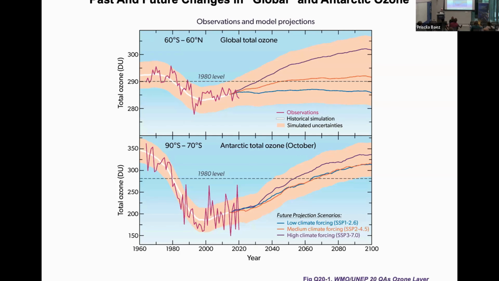Nitrous oxide is the ozone depleting substance of this century. And in all the climate scenarios, nitrous oxide keeps rising. And it keeps rising because it's a product of the world's agricultural production of food. So this is why we have a permanent depletion of ozone in this scenario. Here we've gotten CO2 and methane under control, but we haven't gotten nitrous oxide under control. And long story short, for the Antarctic ozone region, we're much less sensitive to other gases besides chlorine, whereas where people live, we're more sensitive to the other gases. So this is some of the complexity, but nonetheless, we should be good, right? Wrong.